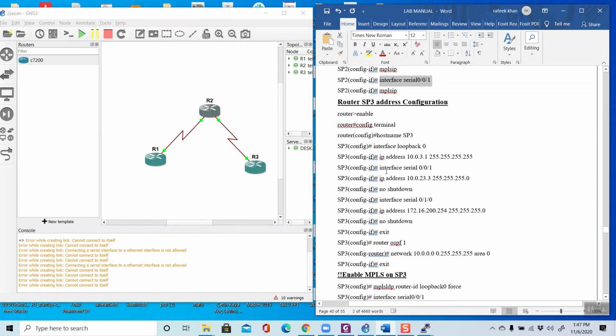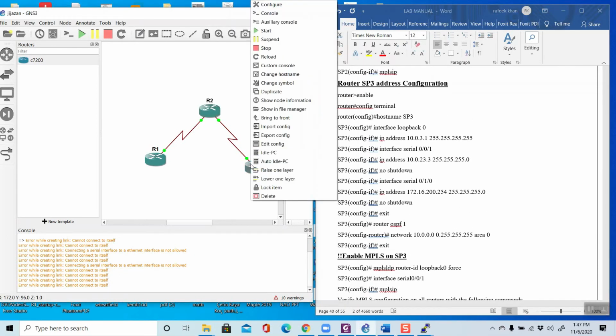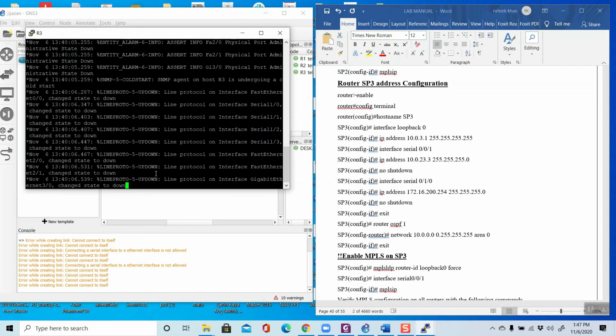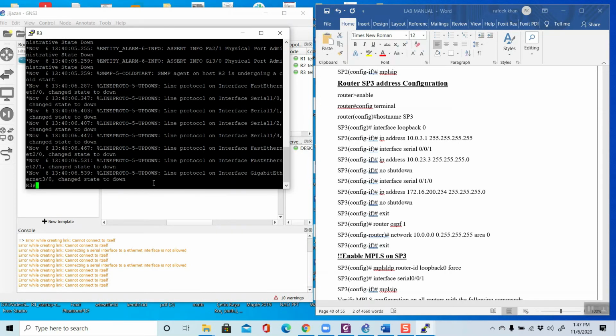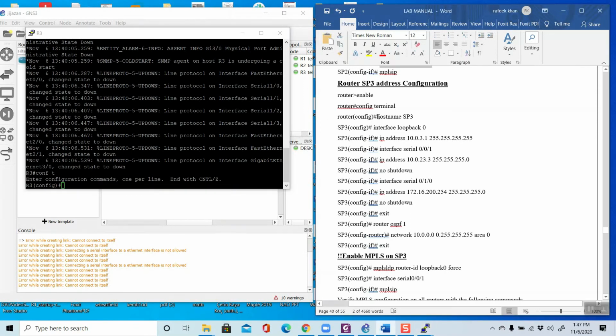Now go to router 3, click right and click console. Just wait a few seconds. Now come to the configuration terminal, then copy the same command here.